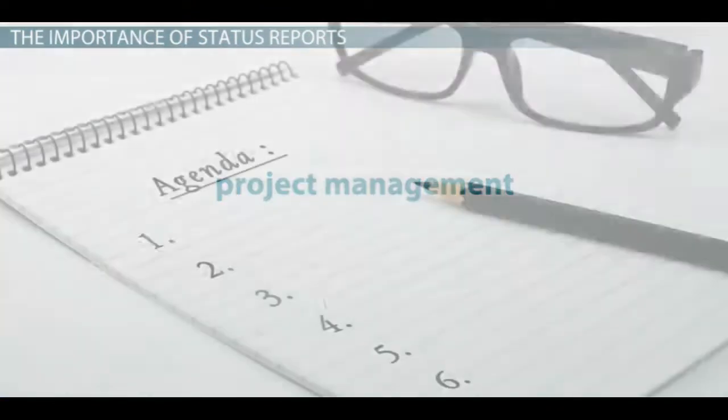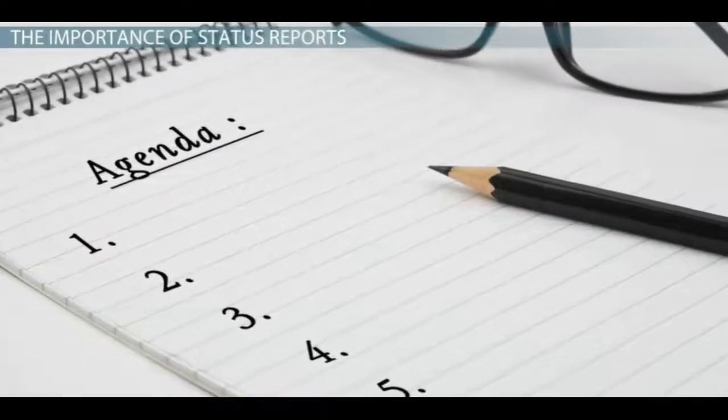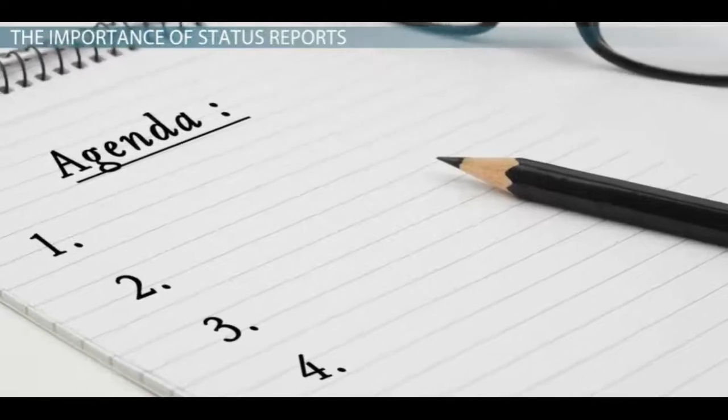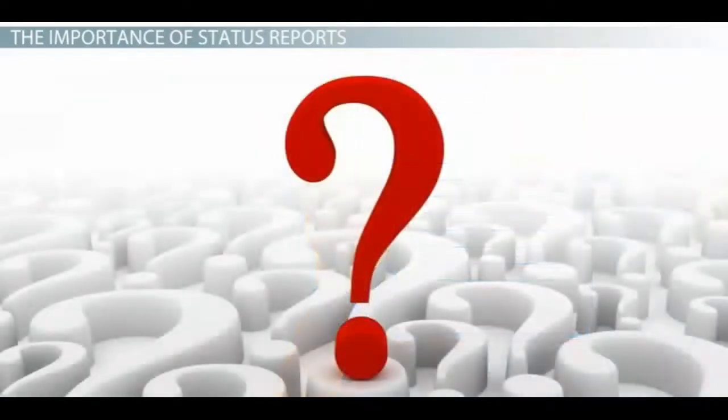objective or project. When starting a project, it's imperative that there be some type of guide or agenda that helps the project manager know what's going on. This is where a status report comes into the equation. Let's take a look at how, why, and when a status report is created in project management, along with its